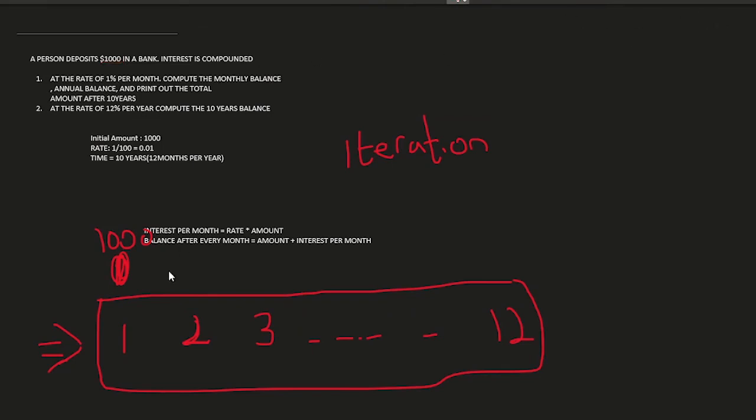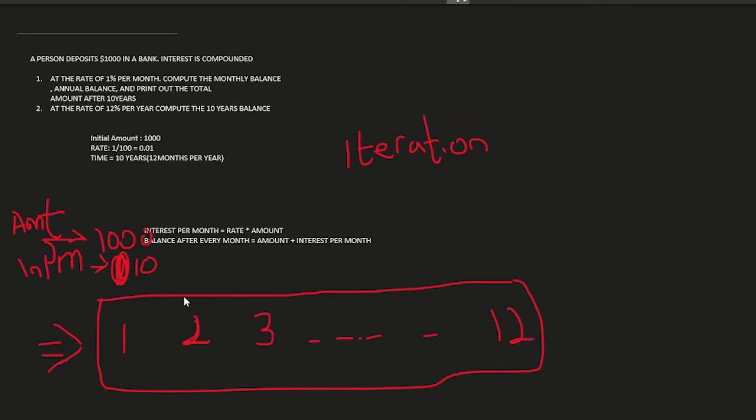And the rate is going to be 0.01. Amount, let me just say AMT, and the interest per month is going to be $10. And when we add that together, that's going to give us